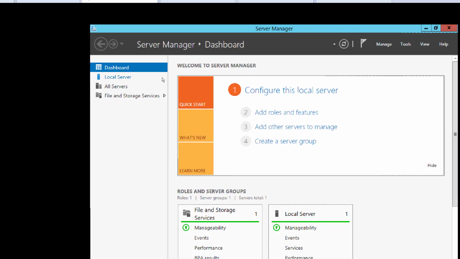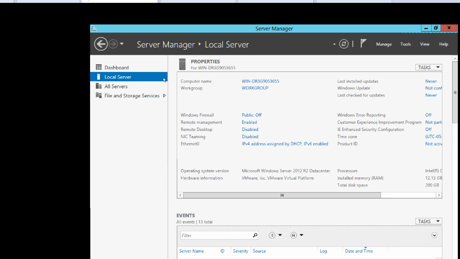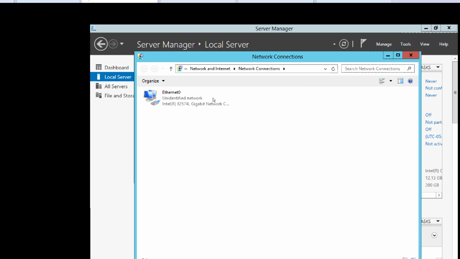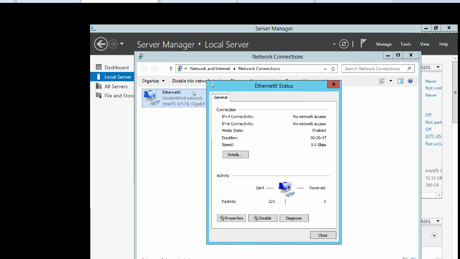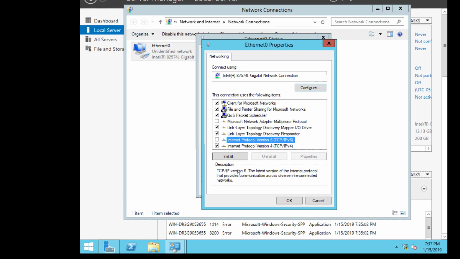Now, first of all, let's go to the local server, and we need to give the static IP first. So local server here, and go down to Ethernet 0. Let's select the Ethernet 0 and double click the Ethernet 0. We need to go to IPv4, right? So double click Ethernet 0 and then properties, uncheck v6, double click v4,